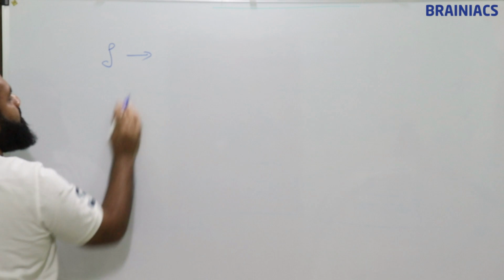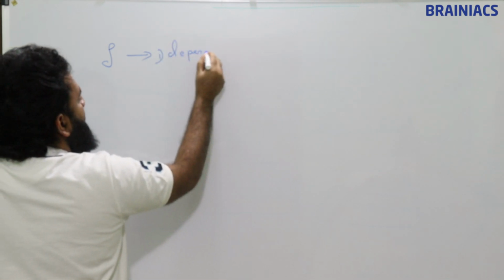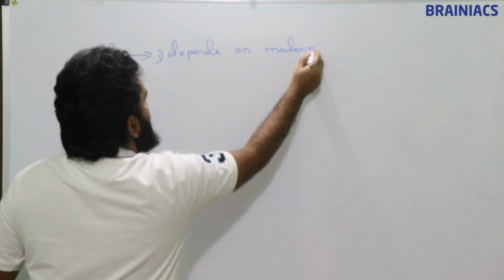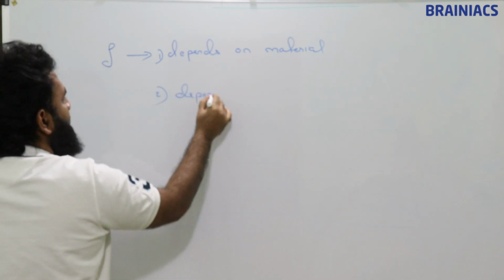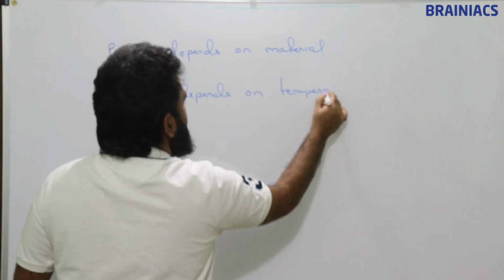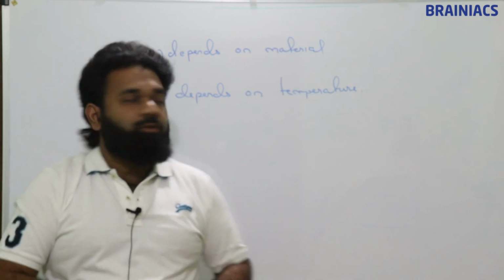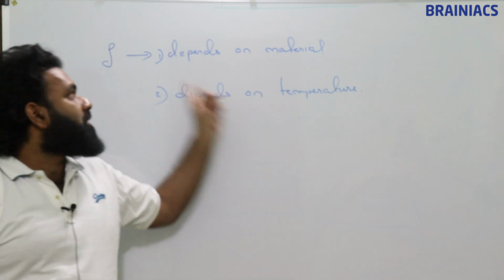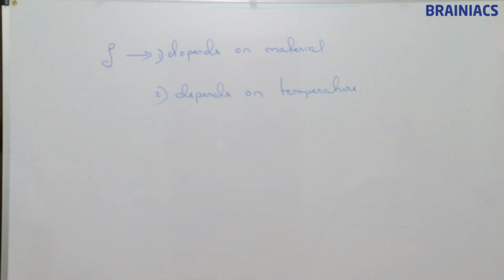This resistivity, one first factor is it depends on material. Second, resistivity depends on temperature. Okay, this depends on the material and the temperature. If we increase the temperature or decrease the temperature, then resistivity varies. This will come in the next topic. Okay,